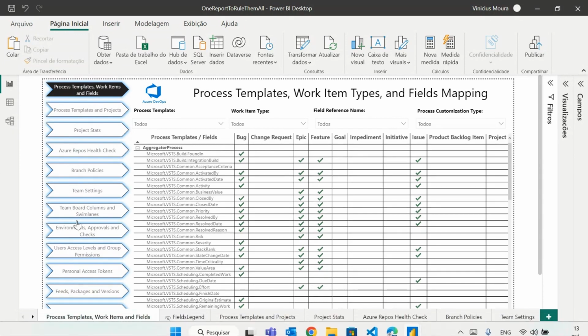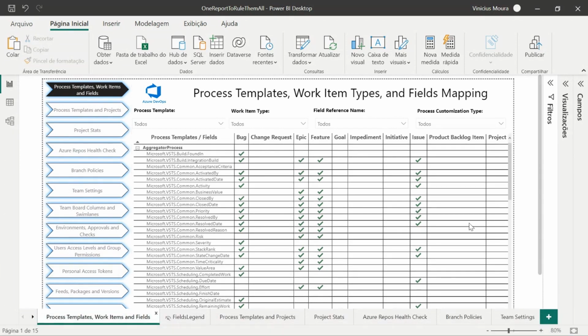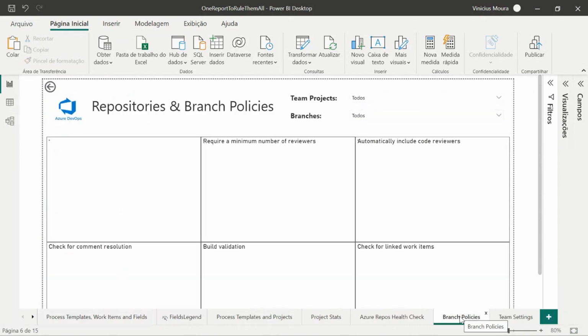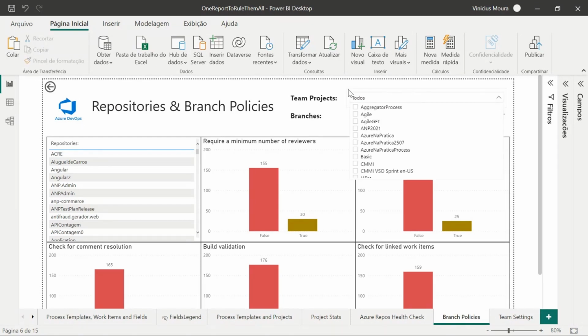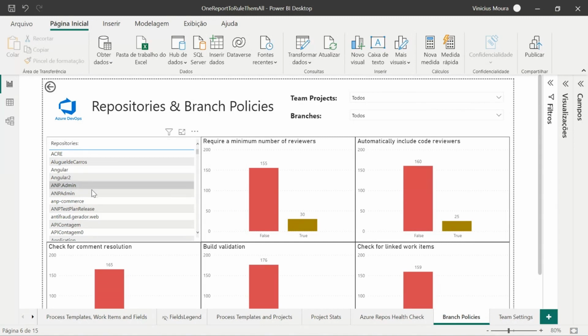And the first example here, I will show branch policies. In my organization, at this moment, I have 185 repositories. Here I list all team projects, I list all the full branches on different repositories, and of course, here I show all repositories on this report.